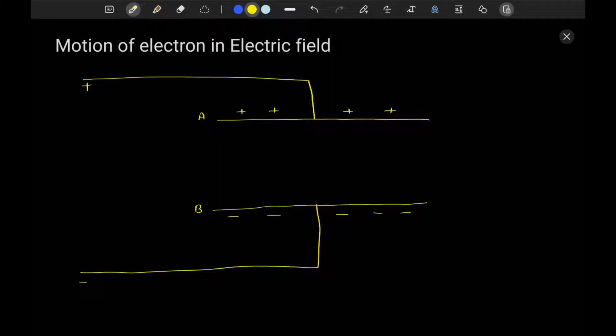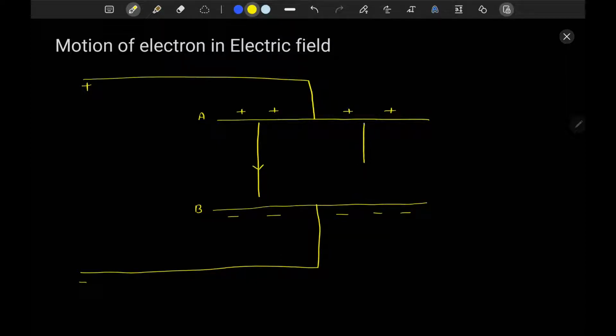Today we will discuss numericals on motion of an electron in an electric field. For that we have considered two plates, A and B. The upper plate is positive and the lower plate is negative. That's why there will be an electric field between the two plates directed from positive to negative, and the electric field